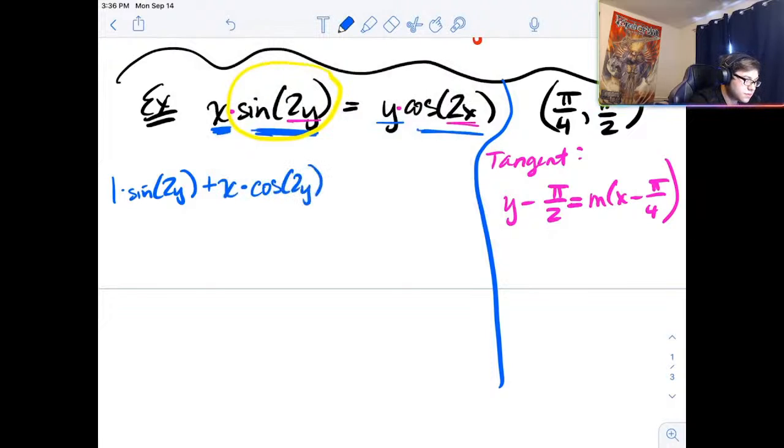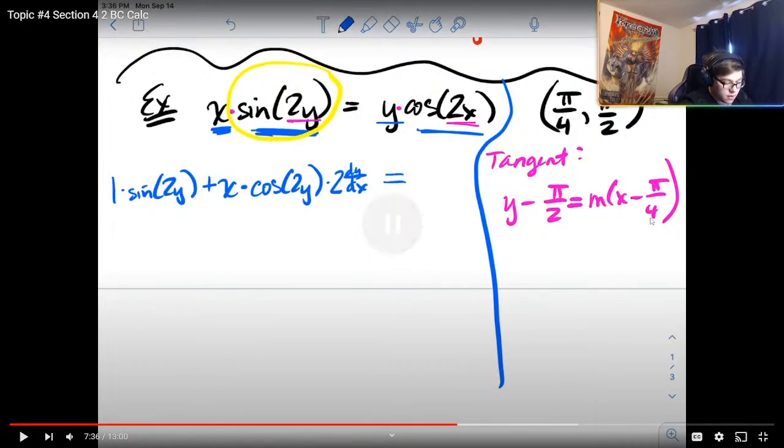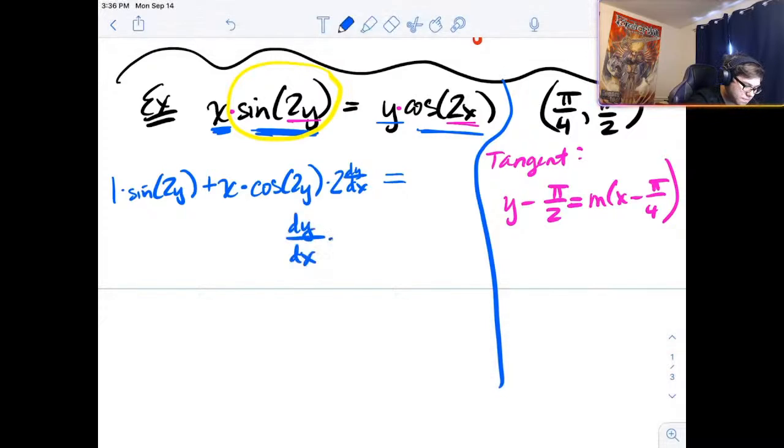The derivative of sine is cosine of 2y, but the derivative of 2y would be 2 with a little dy dx attached to it, just like that. Not joking, that is what it looks like. Okay, similarly, let's do a product rule on the right-hand side. The derivative of the first, well, the derivative of y would be 1, but we have to stick a dy dx next to it, times the regular second, plus the regular first times